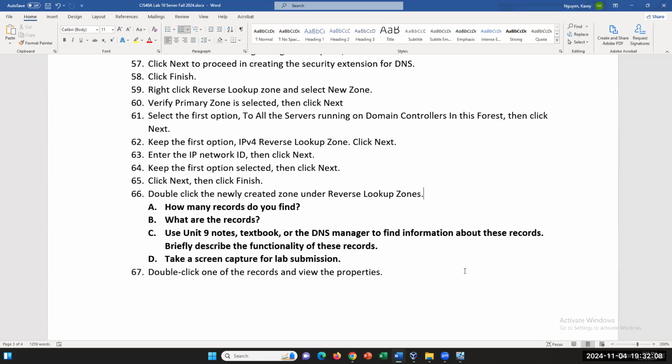Okay, so this is a class B. When you guys do the network ID, only the first two octets, not three. Yeah, that's fine, you can check that. You can't proceed without your enterprise